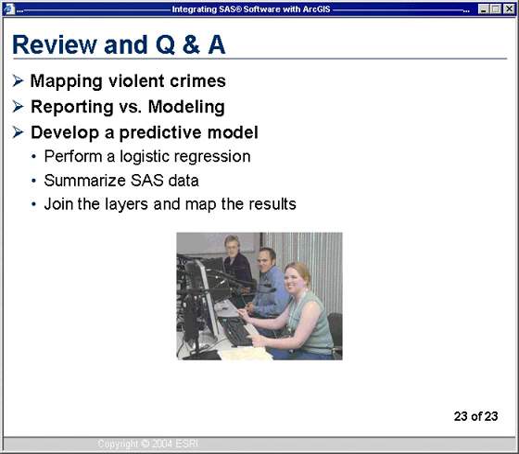Looks like we have a question from Nancy. She asks, can the SAS Bridge be used with SAS for Windows? Actually, that's what we're doing here. We're working on a Windows platform, but the SAS Bridge can be used with SAS installed on any of the